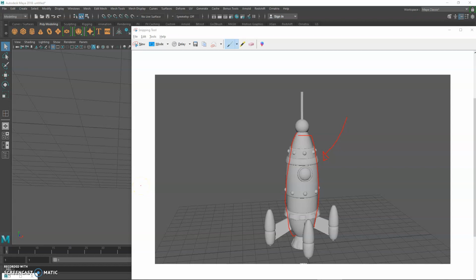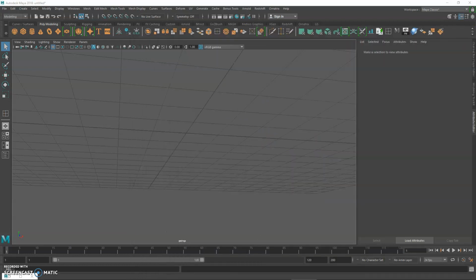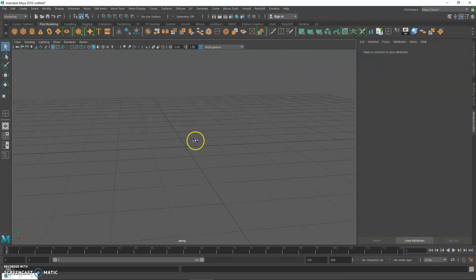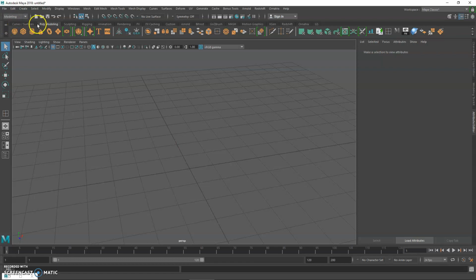In this video, we're going to go through some basic functionality on how to create this rocket body inside Maya. Before we jump into the detail, we need to understand how objects work in Maya. Make sure you set this tab to poly modeling and the drop down box to modeling, and let's